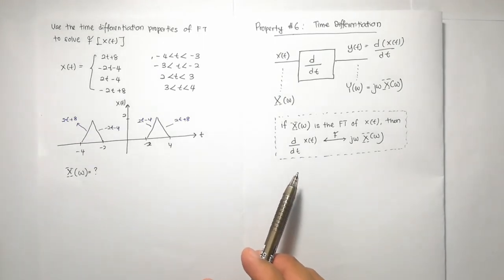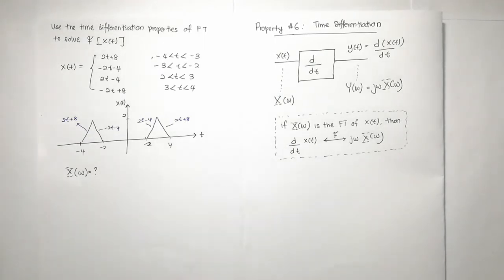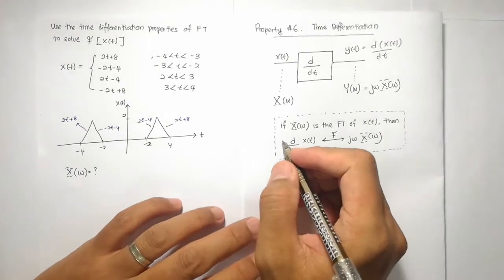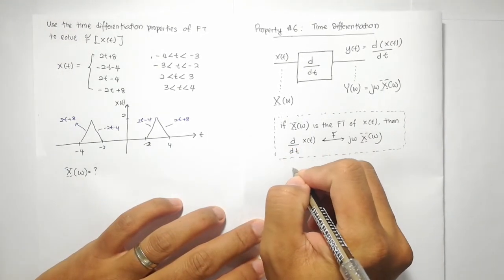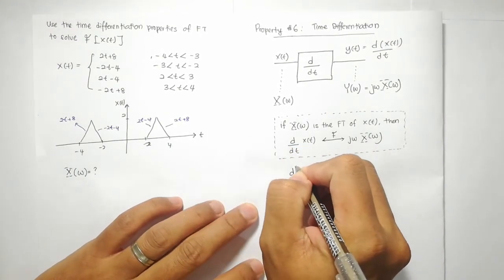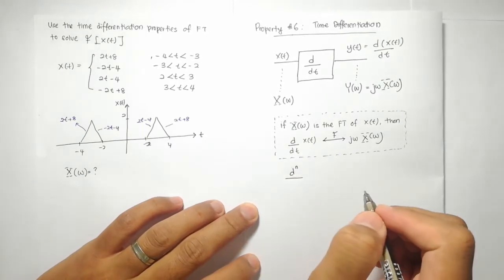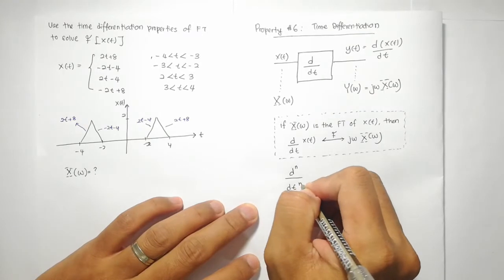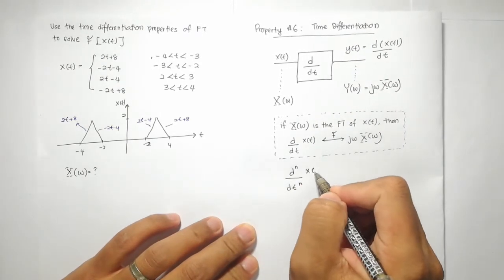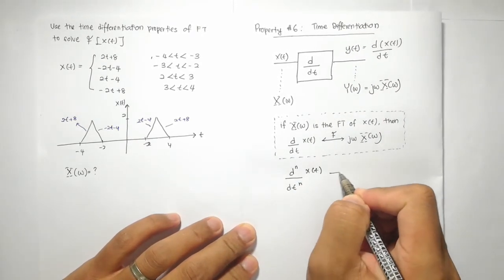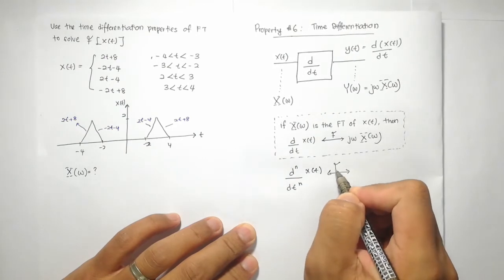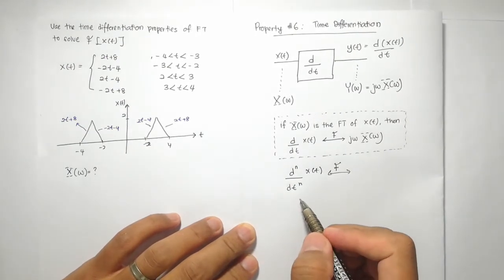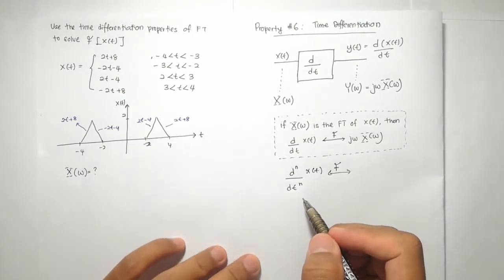For the case where we want to differentiate more than one time, the property is extended to this one. If we have d^n over dt^n of x(t), where we differentiate more than once,